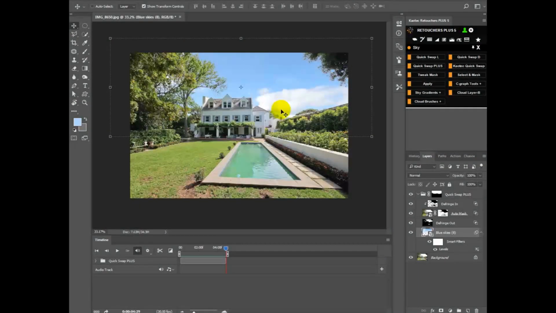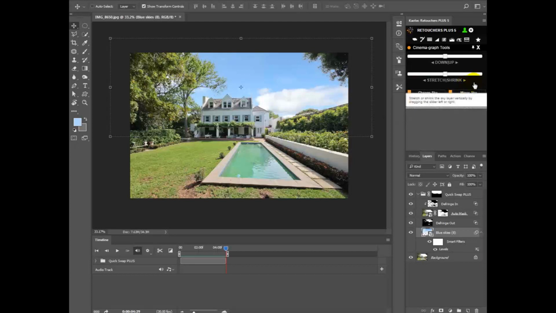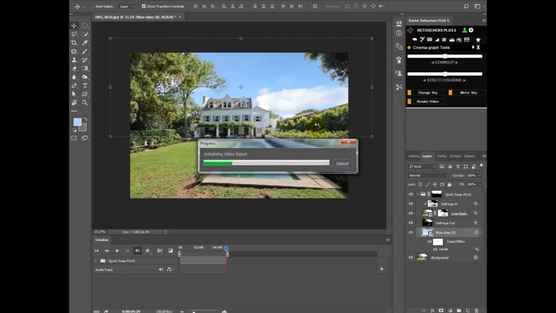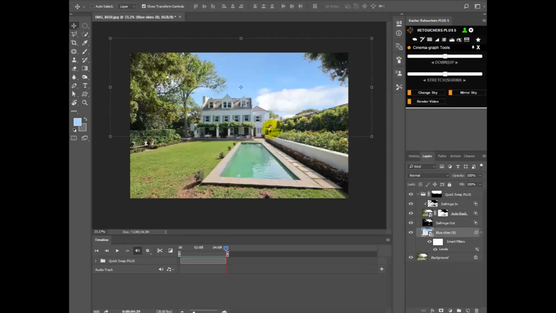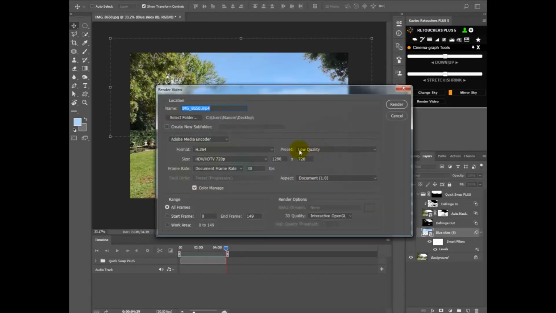And to save your cinemagraph, just go to C graph tools and then click render video, and then you should get a pop-up. Mine's loading a bit long. It's taking ages. Okay, so then you choose your quality. I leave mine on low quality, and your resolution, and you can put a name there and select where you want to save your video,